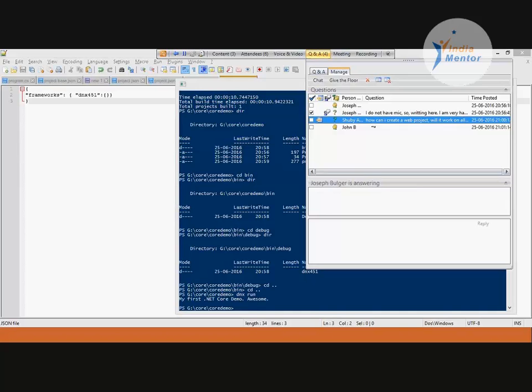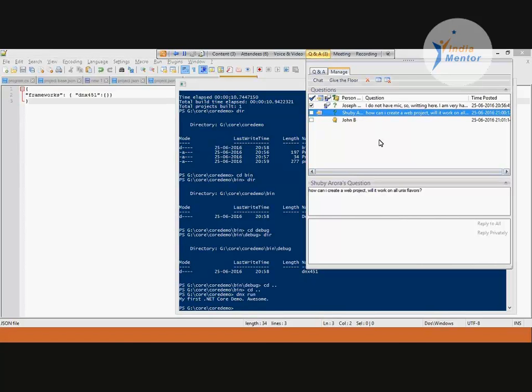Okay, so I have another question from Shubhi. Primarily the question is, how can I create a web project, and will it work on all Unix flavors? The answer is, for the first part, yes, we are coming to it. I'll show it to you, and yes, it'll work on Unix flavors.